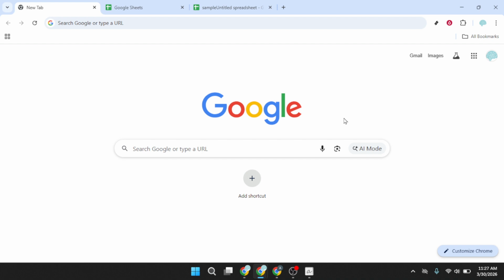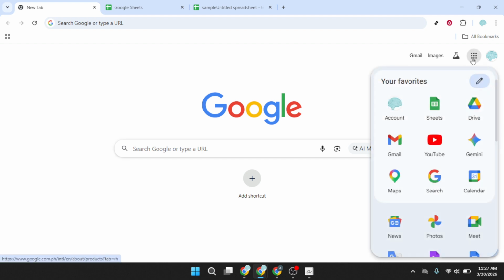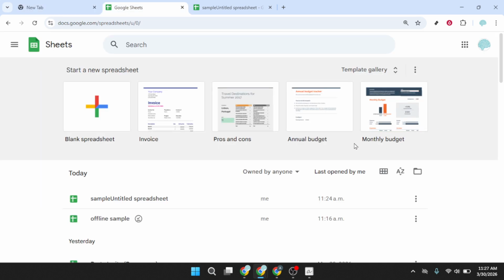informed. Start by heading to Google in your web browser. At the top right, click the grid-shaped Google Apps icon. This opens a panel with all your Google services. Select Sheets to launch Google Sheets. If you don't see it right away, you can scroll within that panel, or open it in a new tab